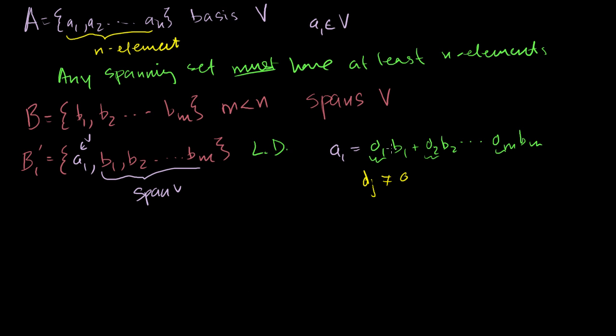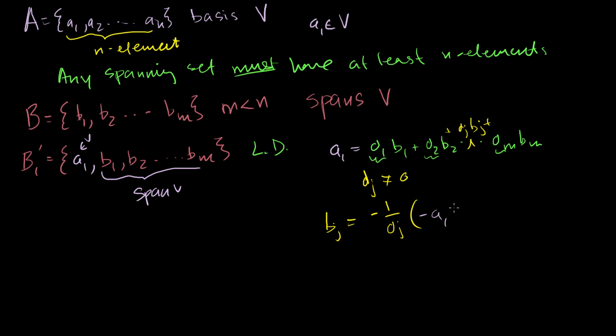So what we could actually do is solve for that term. Over here someplace you have the term dj bj, plus a bunch of other stuff. We can solve for this term. If we subtract it from both sides of the equation, divide both sides by minus dj, and put the minus a1 on the other side, what do we get? I know that was a lot of operations, but that's just straight up algebra. We can solve for our bj term and say that it is equal to minus 1 over its coefficient times, if we subtract a1 from both sides, minus a1,